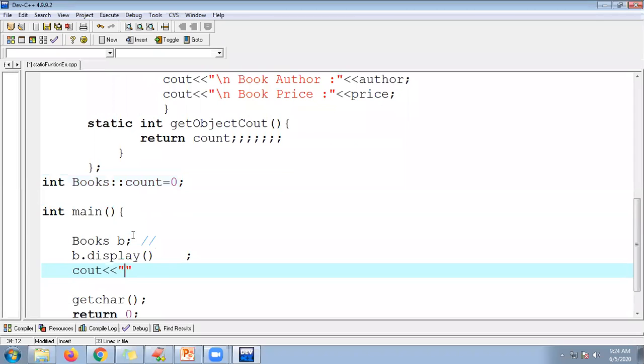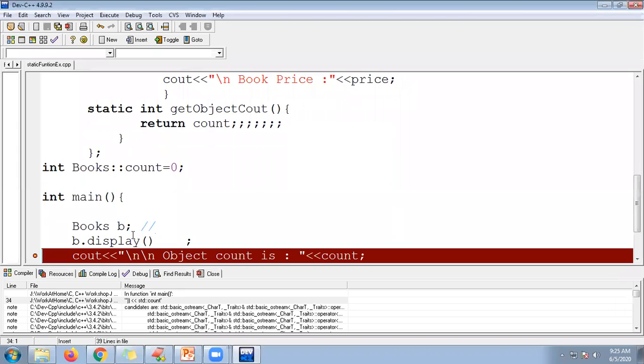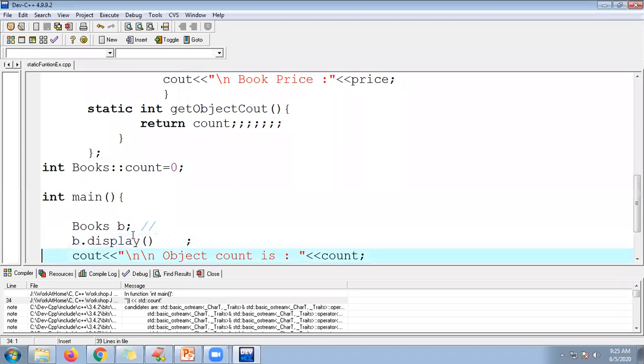So here you can see object counter, newline, number of objects created, or object count is. So here I can use the insertion operator, and here I can show count, semicolon. Control F9. So it is telling that we could not access it directly.